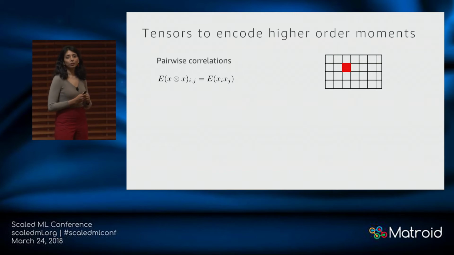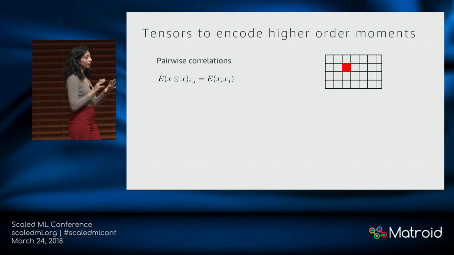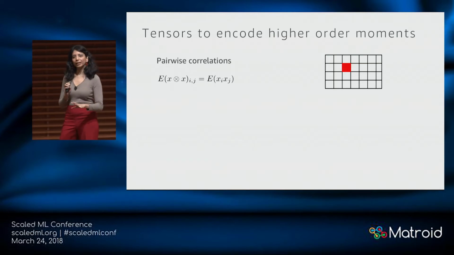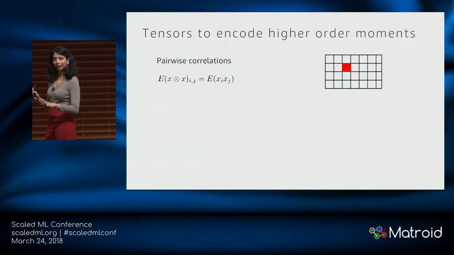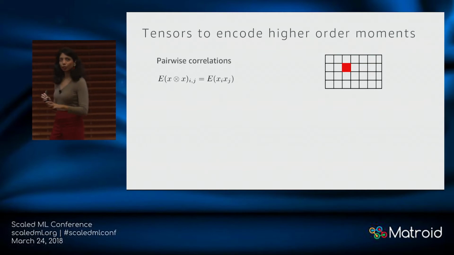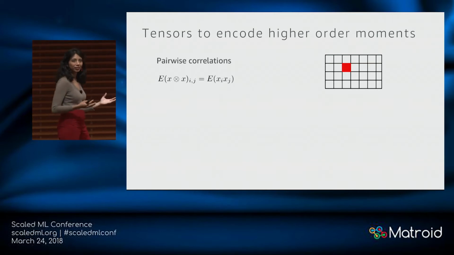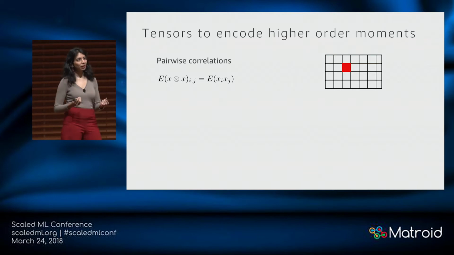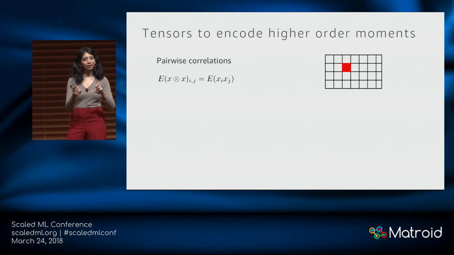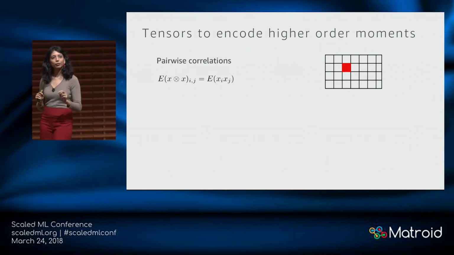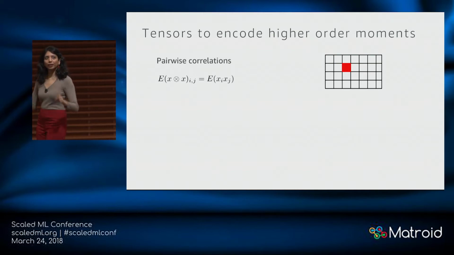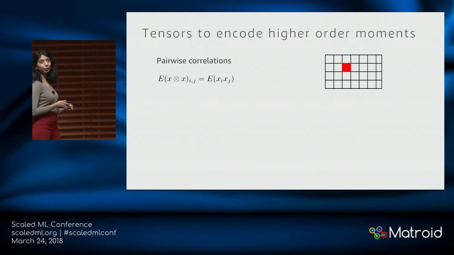You can also use tensors to represent relationships in data. Not only the raw input data by itself, but really how different data dimensions are related to one another, right? We are familiar with using matrices to capture correlations and covariances, right? So it's a covariance matrix. If you have a random vector, you look at the correlation between the different entries of that random vector. What you get is a correlation matrix. And the formulation is simple, right?